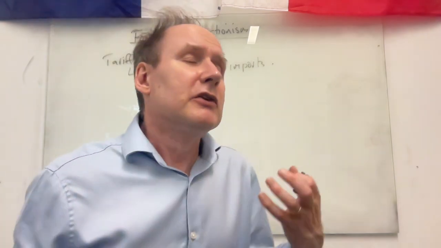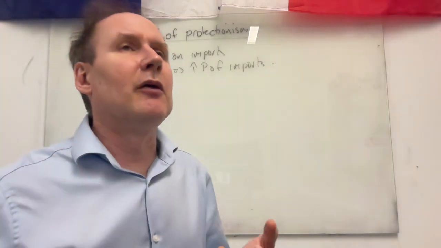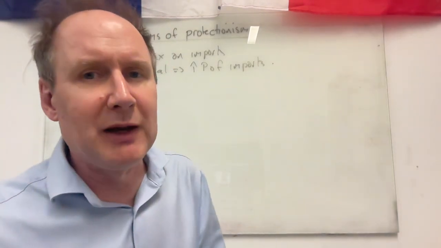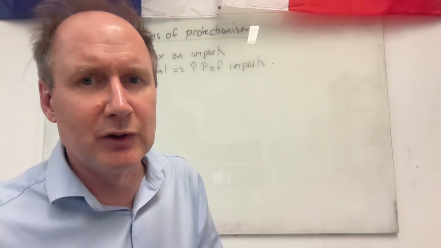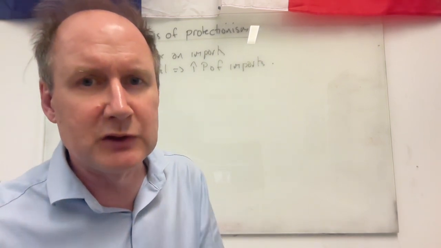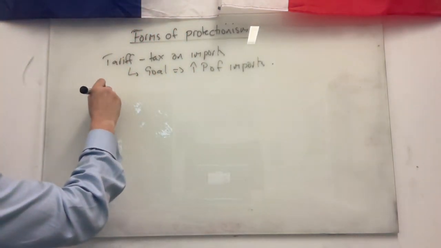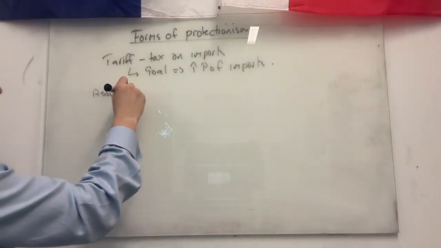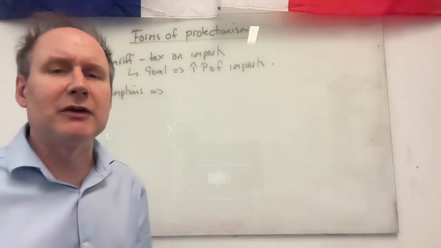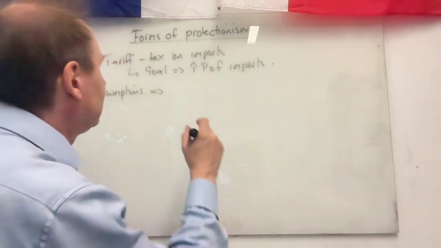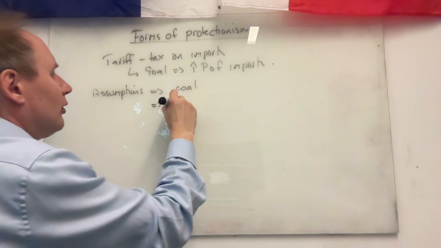So okay, fine. There is a diagram that's become widely distributed about tariffs. Lots of people know it, but not very many people understand it. So what I want to do is lay it out for you so that it makes sense. This diagram makes a number of assumptions. A good way of thinking about this is some sort of primary product, like coal. And what we're saying is that the world market